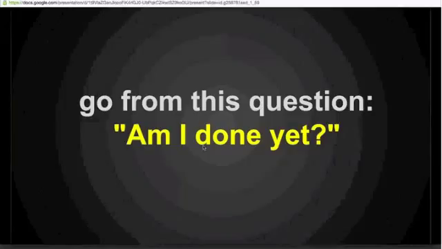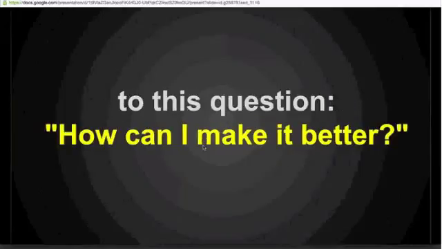Instead, we want them to do the assignments that you give them, come to you and say, here, how can I make it better? Here's what I did. What do you think? Can I make it better? How can I make it better? I'm not worried about any kid who's trying to improve their work. If that's how they see the world, then do it. Right? They're definitely on a good path. So that's what we're shooting for.